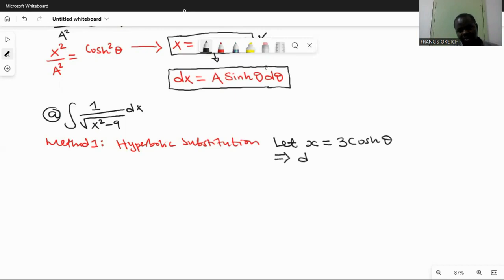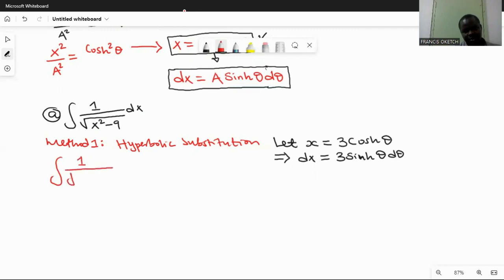When you differentiate x with respect to theta, you get dx over d theta. Of course, I'll cross multiply. So dx is equal to 3 sinh theta d theta. So substitute this into your integral so that we now have the integral of 1 over